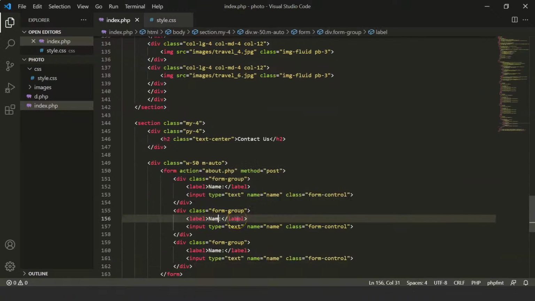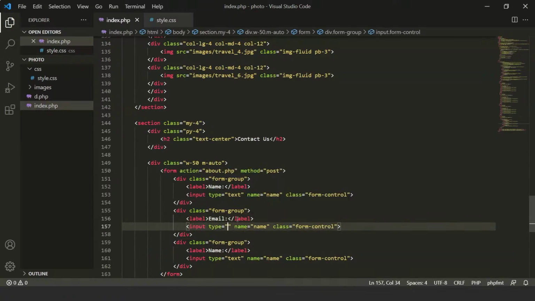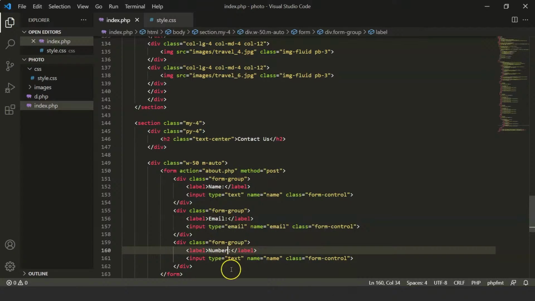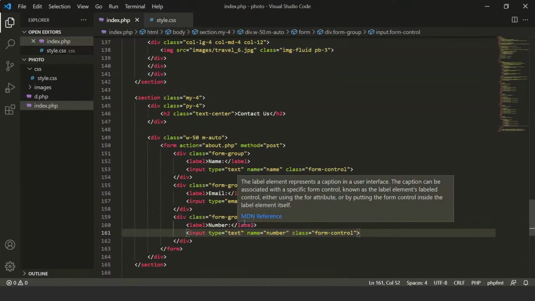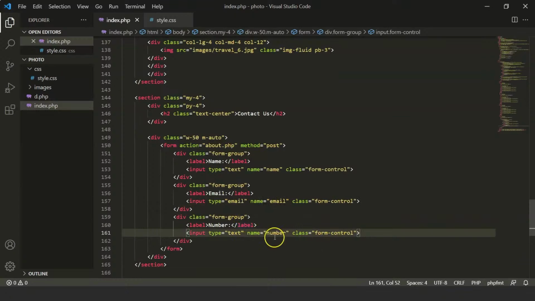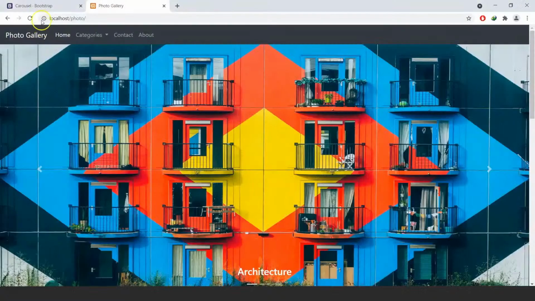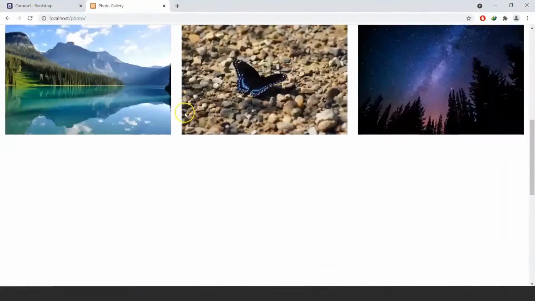So the second section would be for email. Type will also be email. Name will also be email. Third would be for the number. Let us keep the type text in case someone wants to enter the std codes. And let's go back, refresh, check,